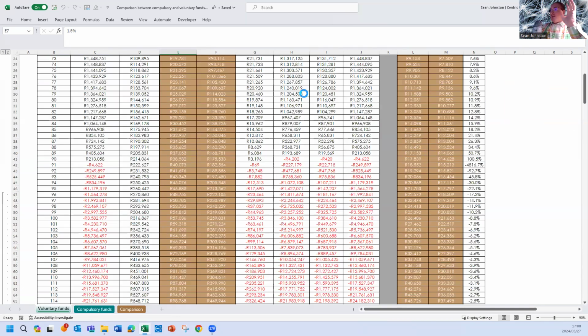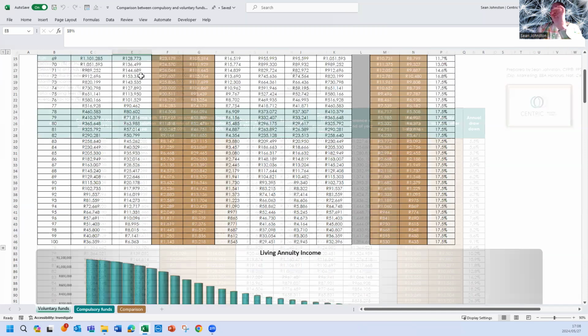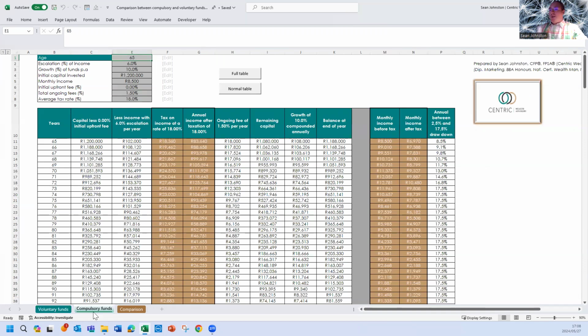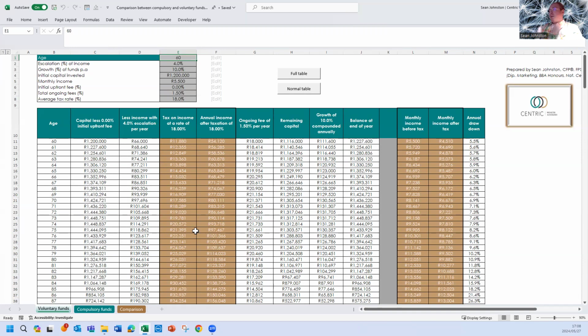You can put whatever scenarios in, but just note, I've created it so that you have to have the voluntary money accessed first at an earlier age, and then the compulsory money at a later age. And it's just purely because voluntary money, in most cases, people would access first because they don't necessarily have to take an income right away. They might take a lump sum to settle debt and things like that. As I said, there's no restriction with regards to annual drawdowns. Also, there's no restriction to what capital you can unlock. Obviously, understanding the tax implications, etc. But the point I'm making is that this is how you would just better understand the different types of funds at retirement.